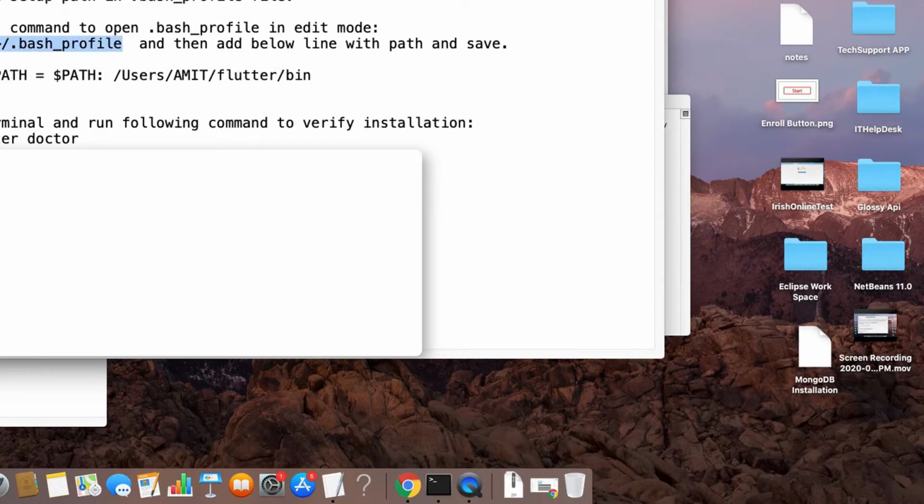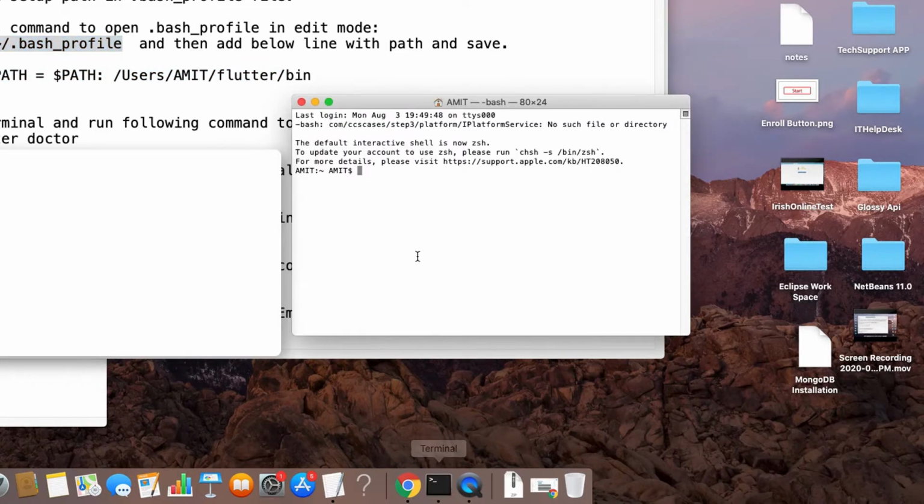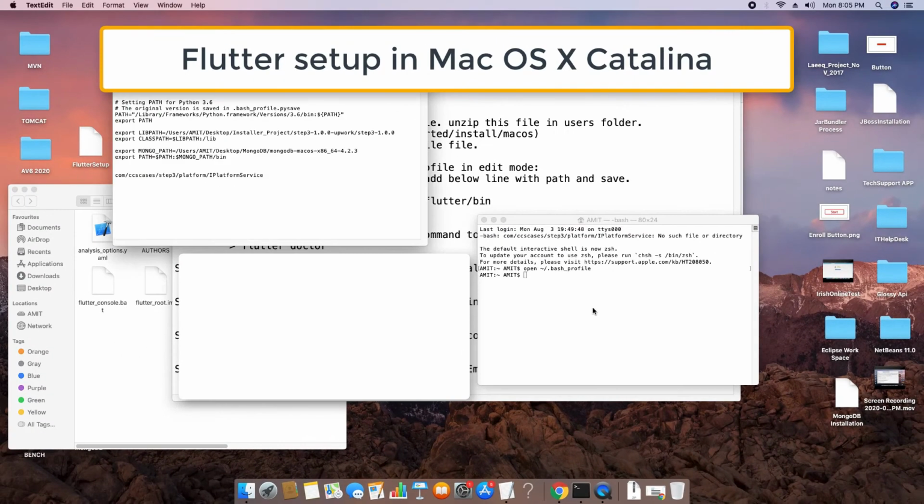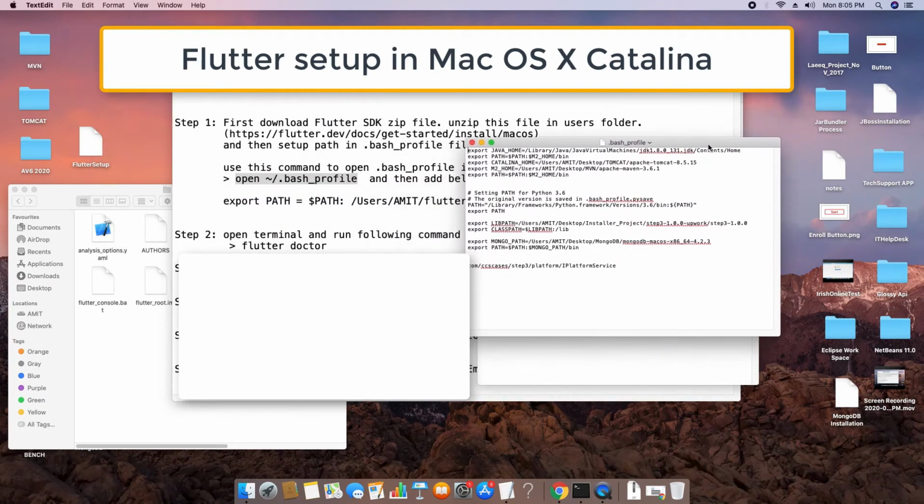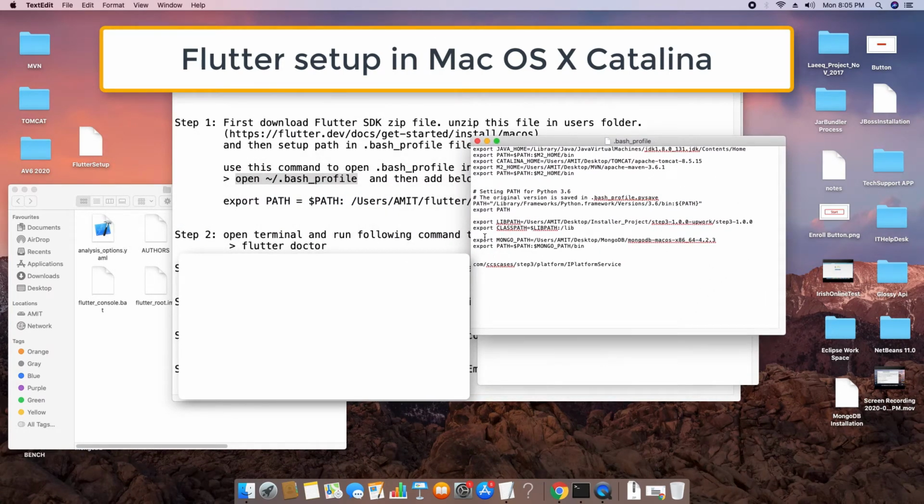All these commands and statements are given in the description for your help, so just copy and paste them inside the terminal. And press enter, and the bash profile will appear and be opened in edit mode.